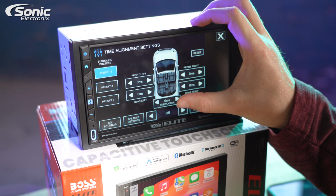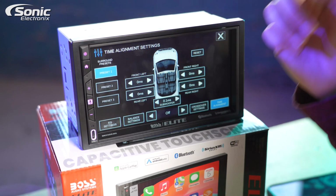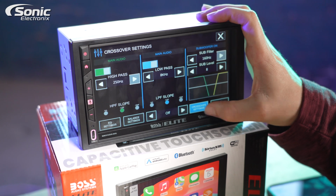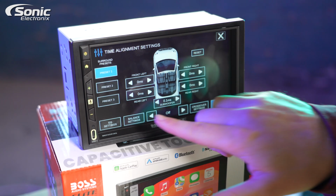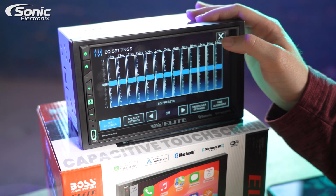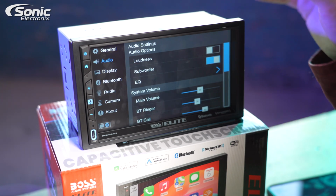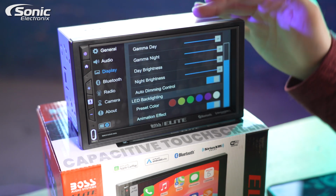You can always reset them. Do your subwoofer here. And you can actually set different presets as well. So that's your overview of the EQ. Overall, not bad for an entry-level Apple CarPlay car stereo. As I said before, it ticks all the little boxes you'd be looking for in a unit